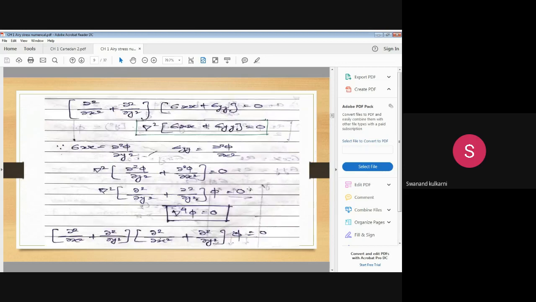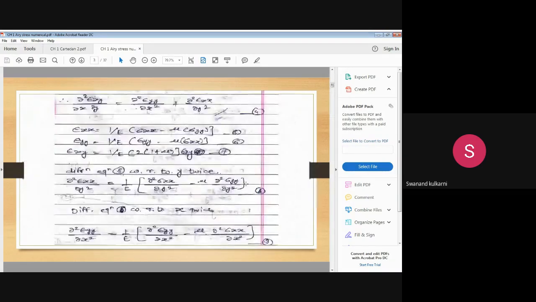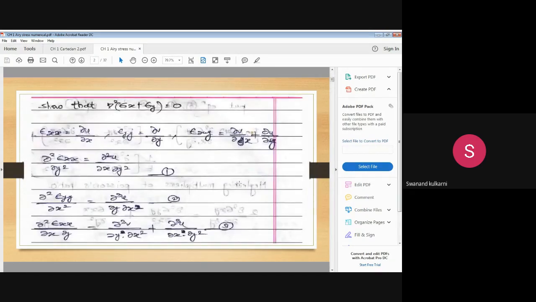So with this derivation, now you can understand the concept of Airy stress function, and this particular function is valid only in the Cartesian coordinate system, with the assumptions of analysis of mechanical element. Is it okay? So maybe we are going to study the concept of polar coordinate system later on. But for the Cartesian coordinate system, this particular equation we are using, del raised to 4 phi is equal to 0, first thing, and second one is that it is only valid with the given assumptions only.